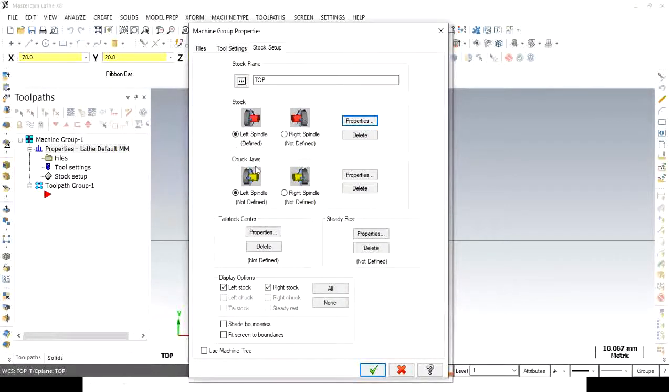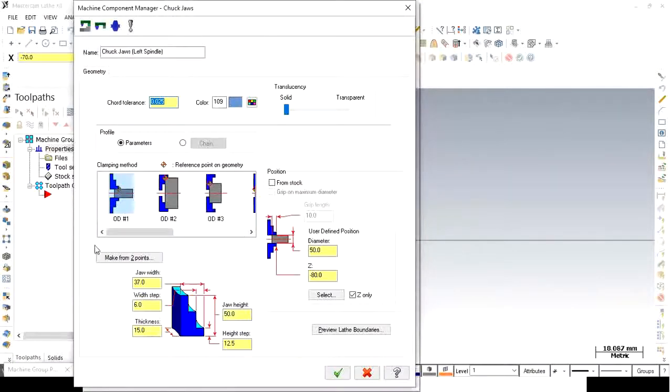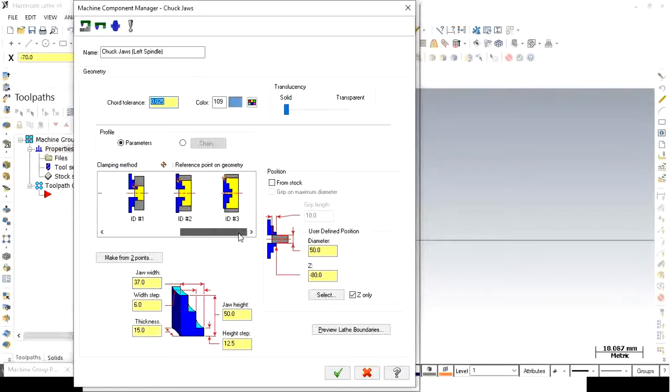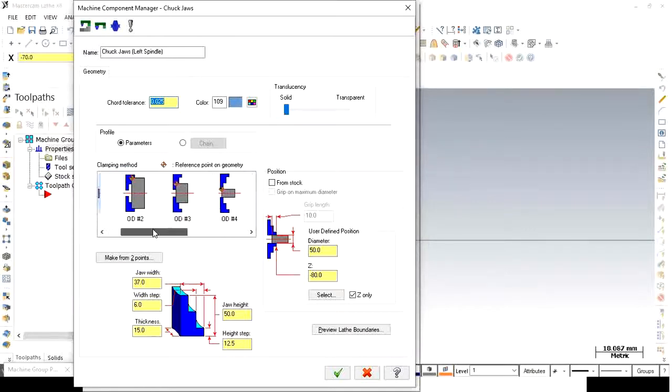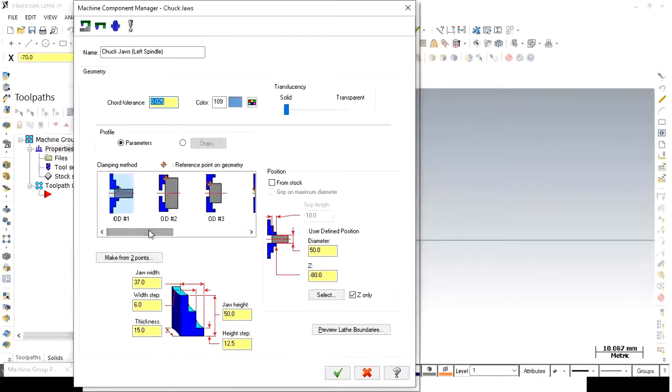Now next we have to define the chuck. So click on properties again. Then again there are various types of chucks available. You have to select this outer diameter chuck. As per the given component, you can select the required chuck for holding that component. So for this, as per the given figure, we have to select this first chuck and then decide how it will be holding the component.